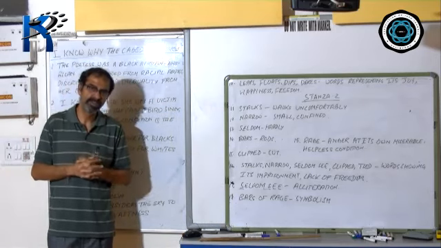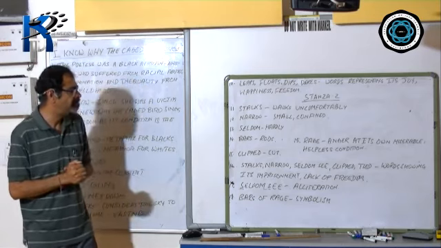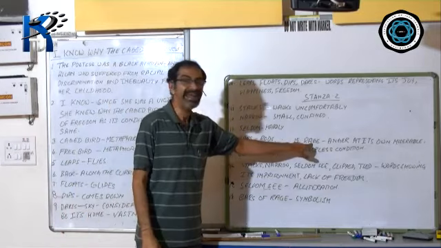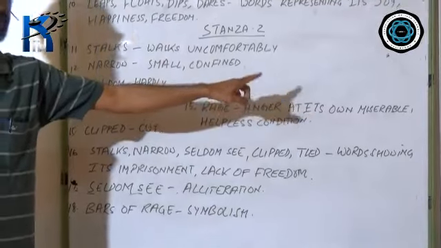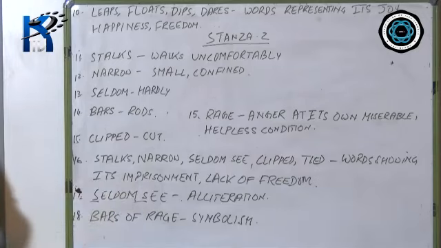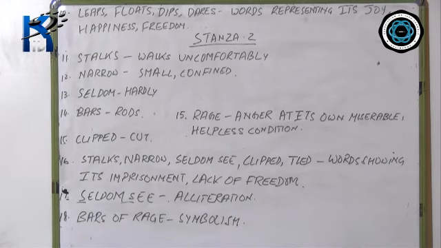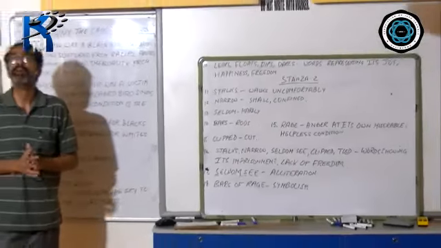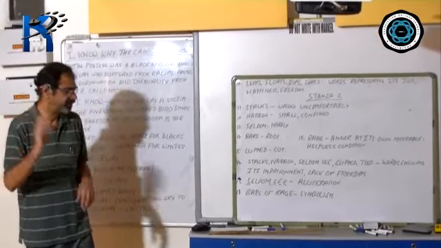It can hardly see anything except for what is visible through the rods of the cage. What is the condition of the caged bird? It is helpless, but at the same time, it is also in rage. It's angry because it is in a miserable condition, in a helpless condition without freedom. It's bursting with anger. But that anger cannot be shown outwardly because it is in a hopeless, helpless condition.